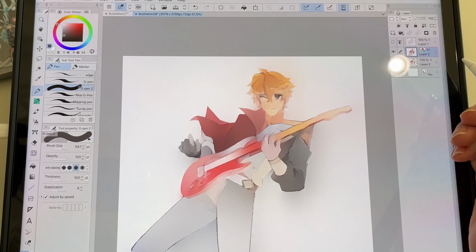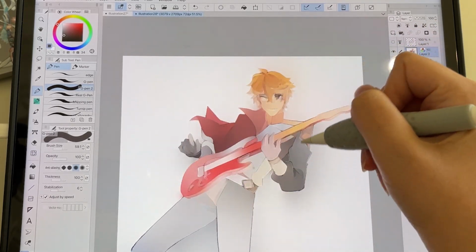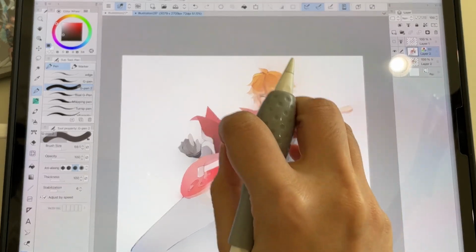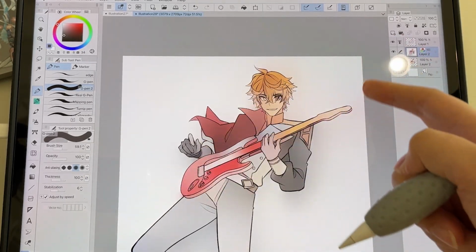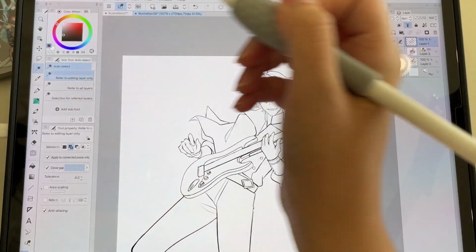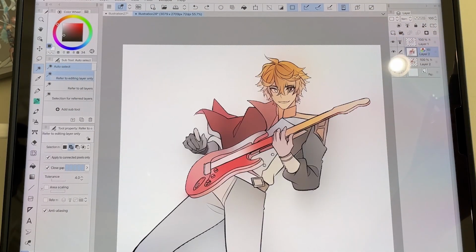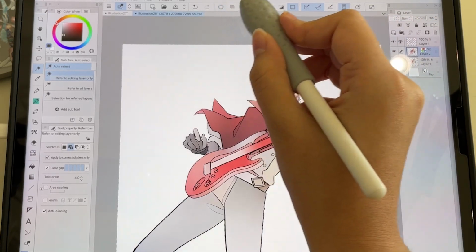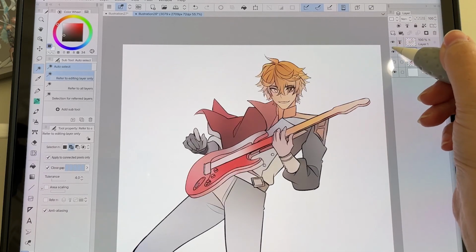One issue though is it's showing all of this white space out here as well. It didn't confine all the colors to just inside of the line art. It can't tell that this is the line art and this is the background. You'll have to delete that though. Just go back to your line art, select the outsides, any part that isn't the character, go back to your color layer, hit delete with this right here, and deselect. Now it's confined to just within that character.